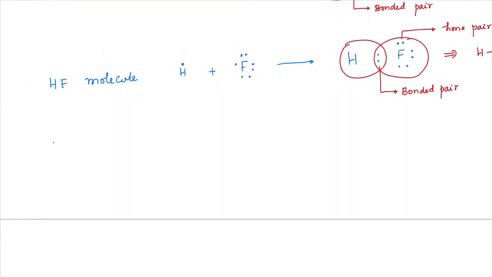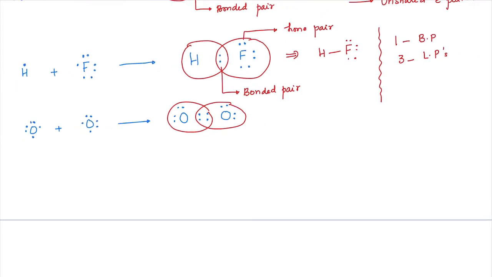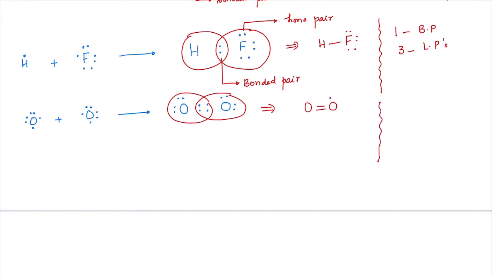Similarly, if you see O2 molecule, it will have 6 electrons this way and 6 electrons this way in the Lewis dot structure. Oxygen will share electrons this way and showcase these oxygens are overlapping. So from here, if you see the bond line form, this is O2 molecule, and in the O2 molecule this has 2 lone pairs, this has 2 lone pairs. So hence there are 2 bond pairs and 4 lone pairs in this molecule. I hope you guys can relate that.